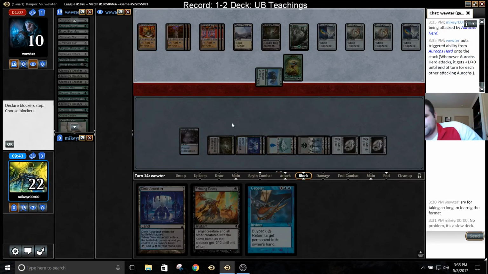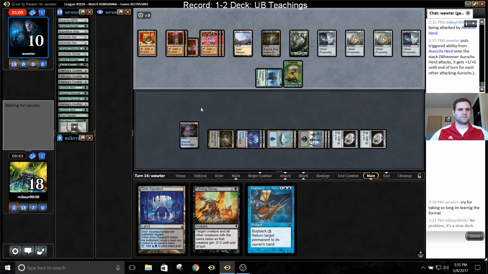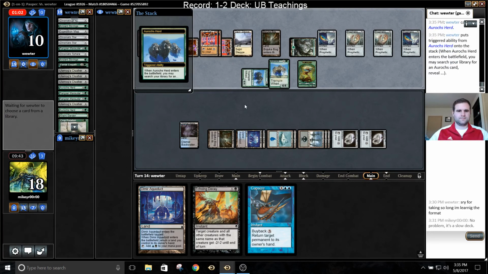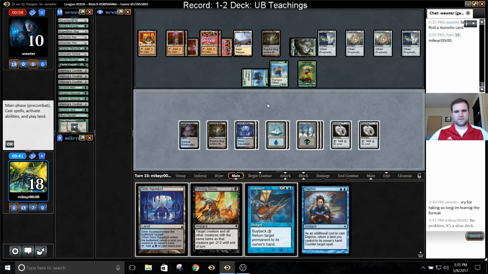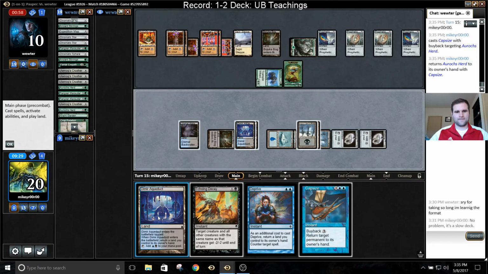Alright. There aren't any more Aurochs left in their deck, so there's nothing for them to get with it. There's already 2 in the graveyard. Deprive is a pretty decent one. So let's go ahead and capsize one of these right away, I think,